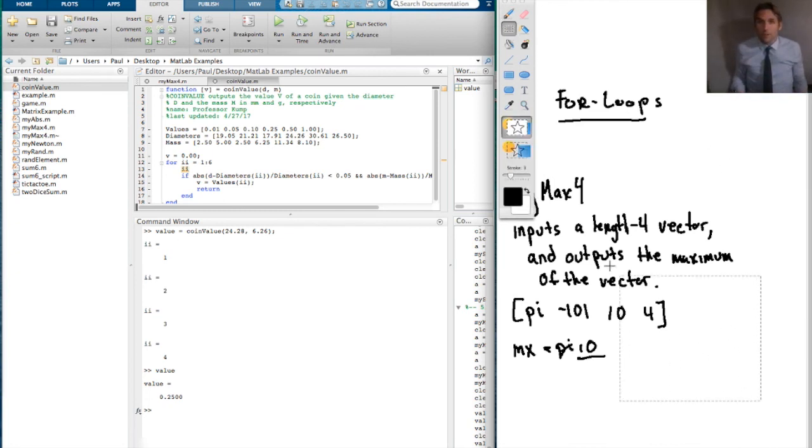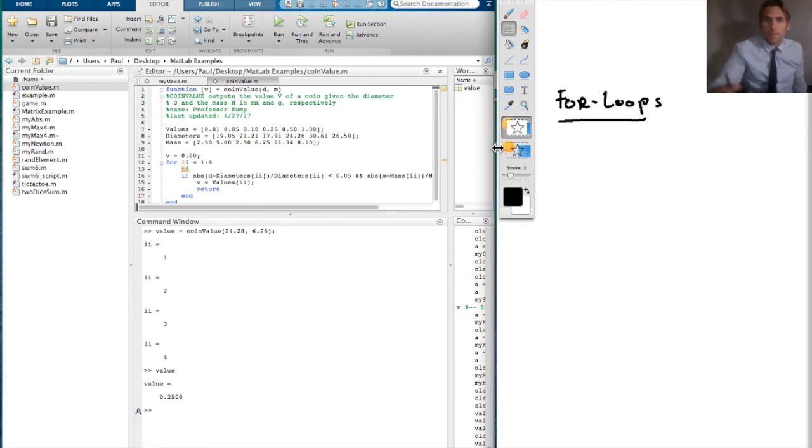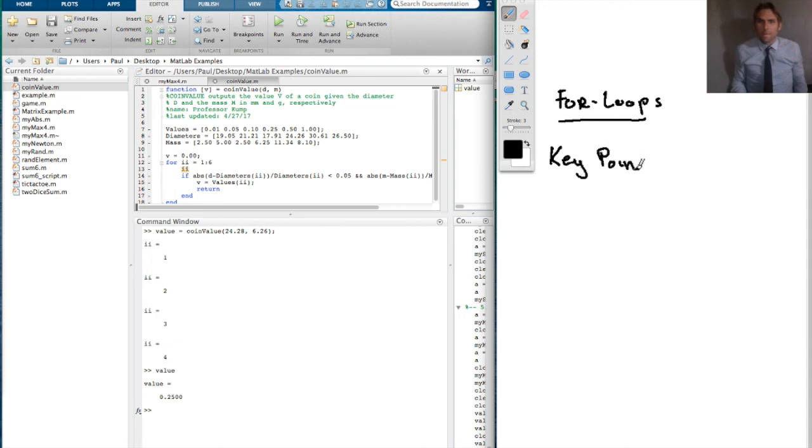All right, let's go over the key points. Key points. Okay. Well, for is a keyword, and when you type for, it means something very specific, and it needs an end. And the for needs a control statement. I don't know that I use that phrase. This is a control statement,